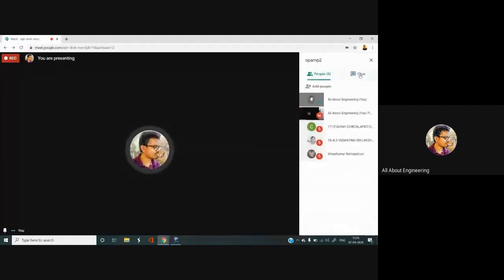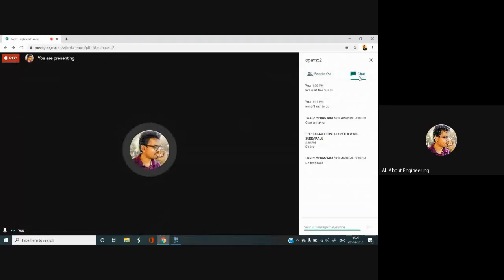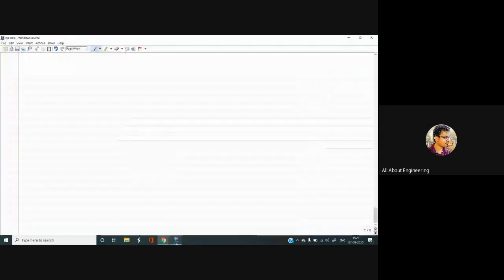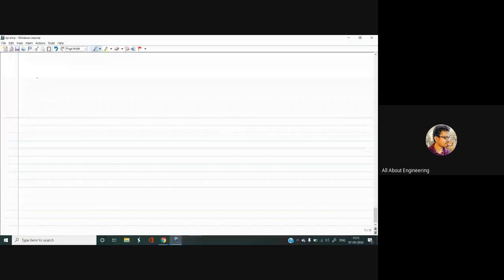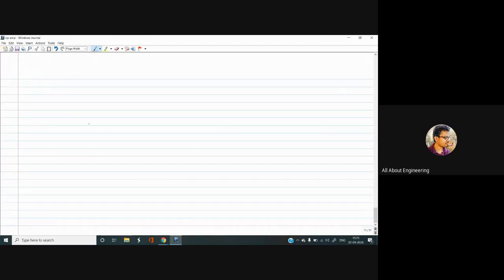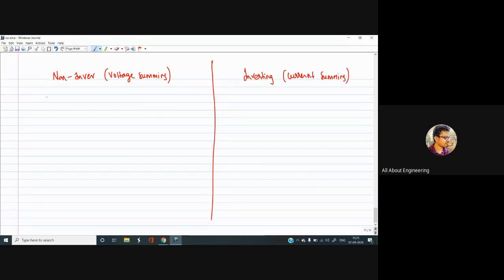Now, completing the determination of type of feedback, let me explain one more important thing. Then we can go into direct negative feedback circuit problems. The thing is, why is the non-inverting terminal called the voltage summing node, and the inverting terminal the current summing node. This is also an important point that is to be noted and learned.